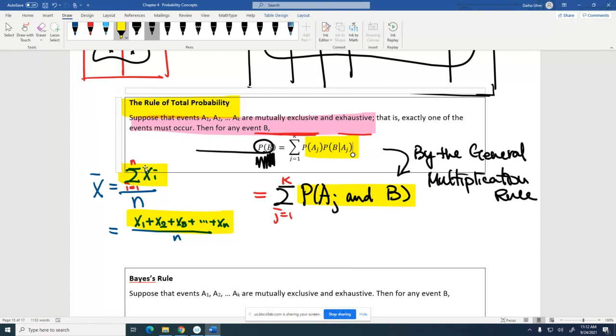Now, here, we have an index of j. We are going to take the sum. But every single time, the index of j started from 1. Next one, 2. The next one, 3. The next one, next one, next one. And the last one will be k. So now I can expand the summation. It will be